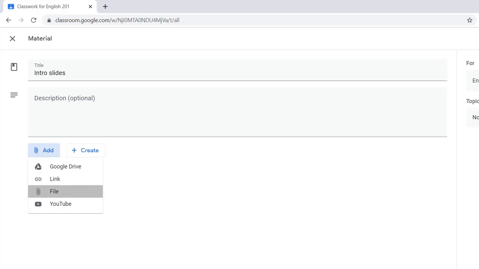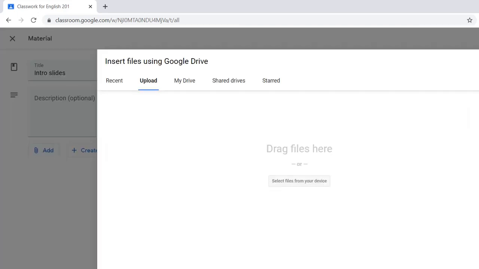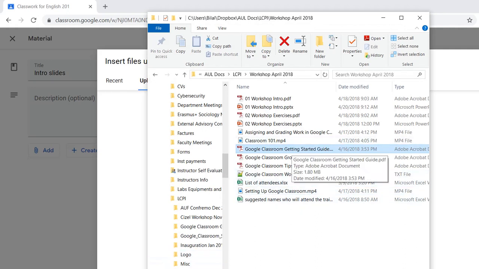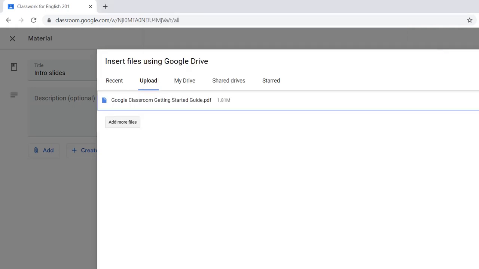I can click on this button, and then I'm offered this upload page. I can select a file from my device, or I can simply drag and drop from my Explorer. So I have a PDF file that I want to upload. I can add multiple files, of course. I will hit the upload button,